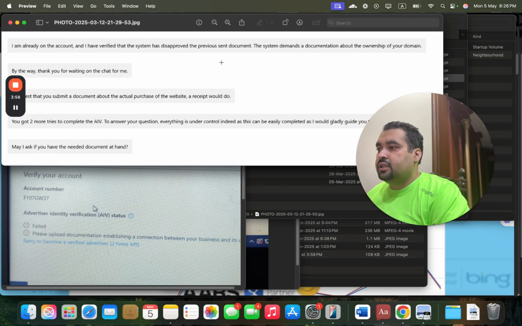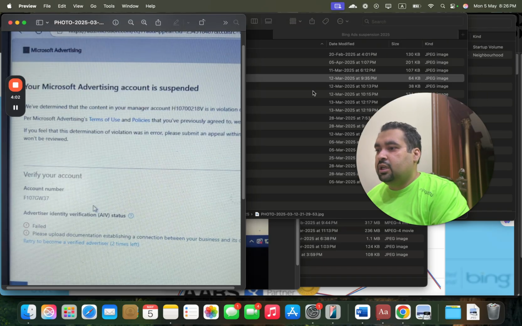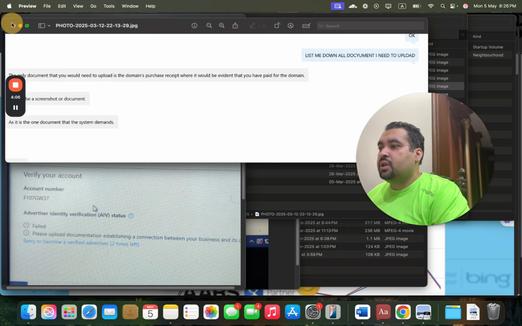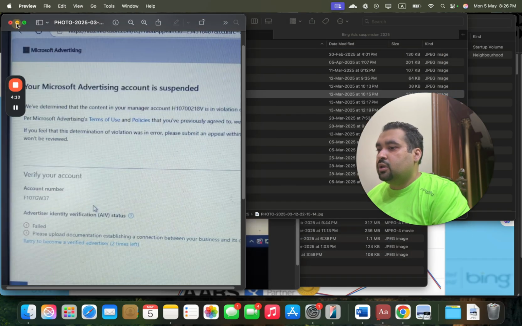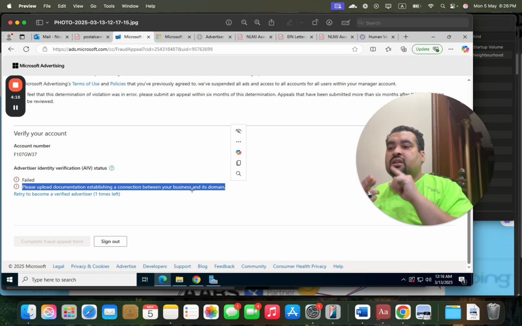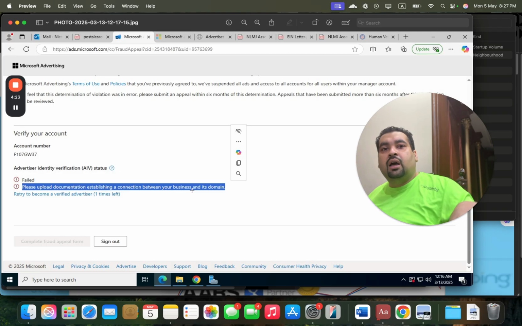So you can see over here, this is a regular chat done with the Bing Microsoft team, showing that they provide document, domain receipt, and everything over here. So we provided them the domain receipt, the documentation. We also looked at the website. We provided them domain receipt, advertiser verification. We provided the compliance check. We did the comparison with the comparators and saw how we are doing on compliance.